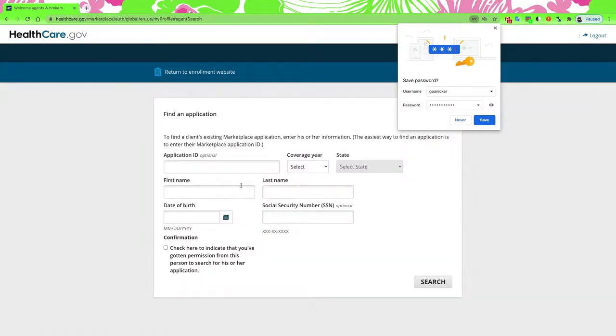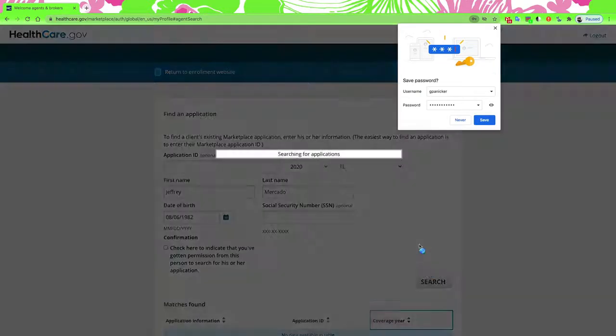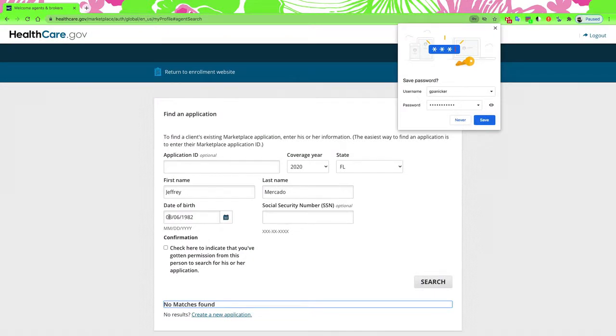And then all I have to do is search for that customer who has had some footprint on the marketplace in the past 7 years. So just search for that customer using their first name, last name, and date of birth. I'm assuming I'm entering the right information here. And just pick the latest plan, check on that box. I think I did not enter the correct date of birth here. Let me just correct that.